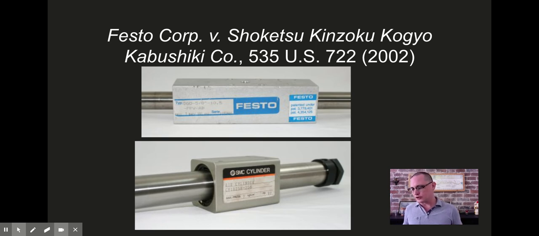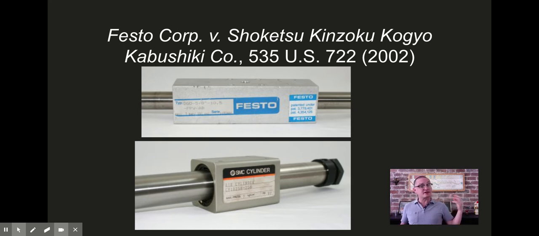acronym we'll use for Shoketsu, starts manufacturing a really similar device, right? However, there's some differences, right? Rather than using two one-way sealing rings, it uses a single sealing ring with a two-way lip, right? So the sealing rings are accomplishing the same thing, but they're constructed differently and work differently. Moreover, the sleeve of the SMC cylinder is made out of a non-magnetizable alloy, right? So there's another limitation that isn't covered, right? So it's very clear that SMC cylinder doesn't fall within the scope of the literal claims of any of Festo's